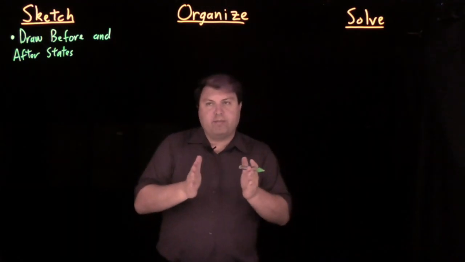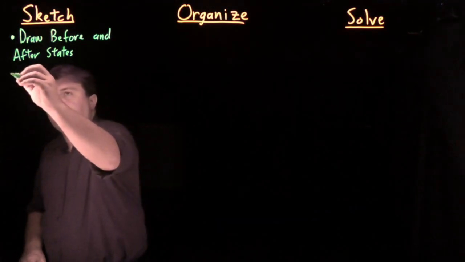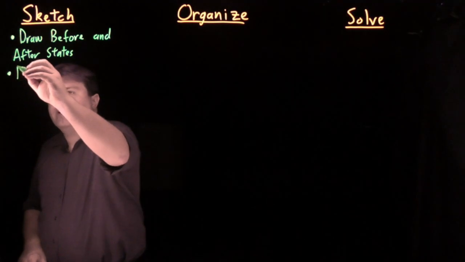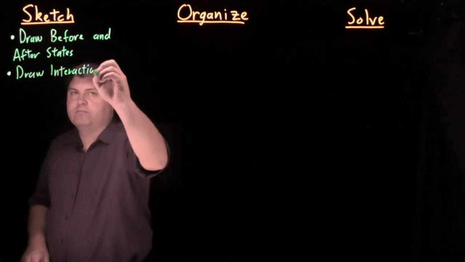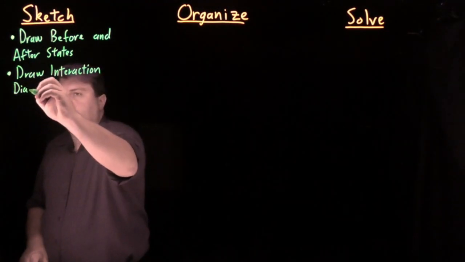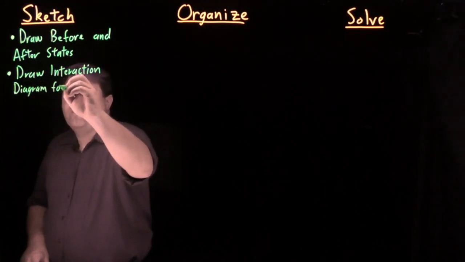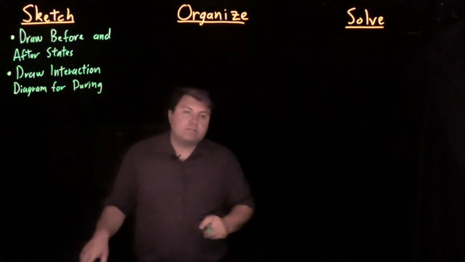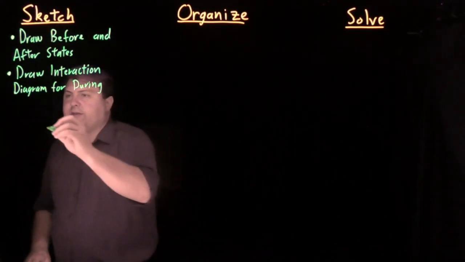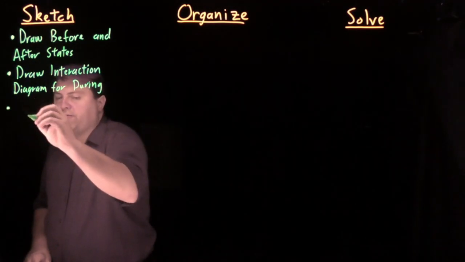We want to limit it to as close as we can to that. And then we want to draw an interaction diagram for the during. And when we do this, we can then see if we can justify